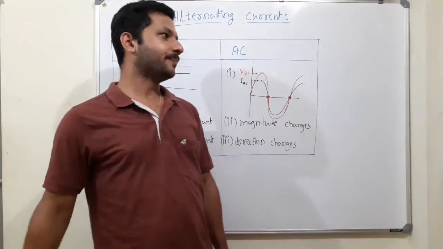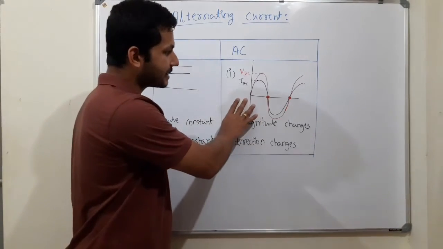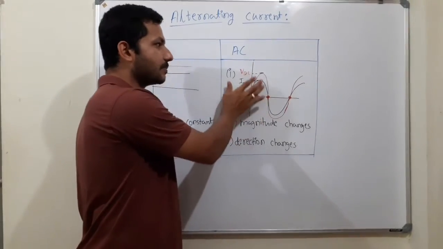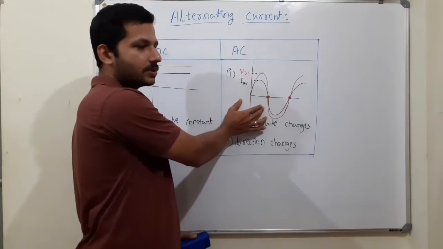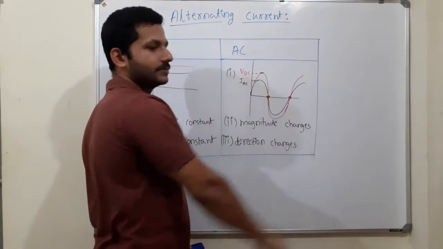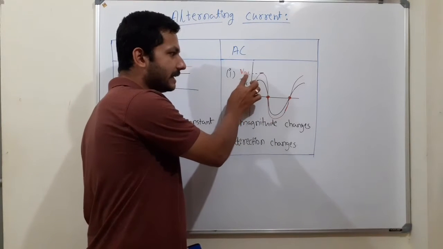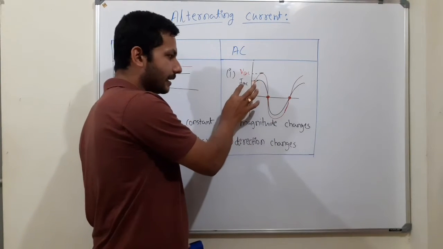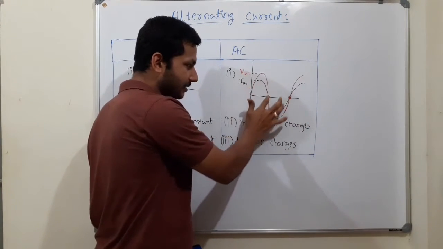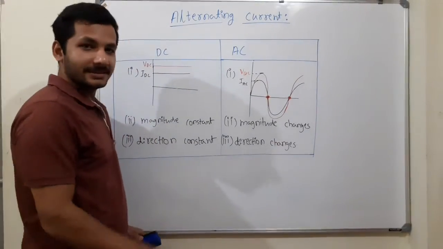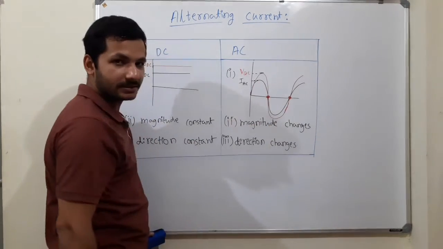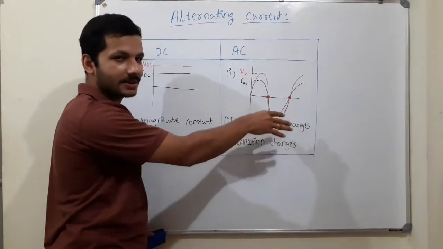What is AC? Let us see. AC is shown by a wave. Graphically, this is the graph which is used to represent AC and DC. Here, the red graph indicates the voltage, VDC, that is the voltage of DC, and I stands for current, as you know, and current is indicated by the black line. It is not a rule that it should always be represented by a red line and the other one with a black line. There is no rule, I have just used it to distinguish.